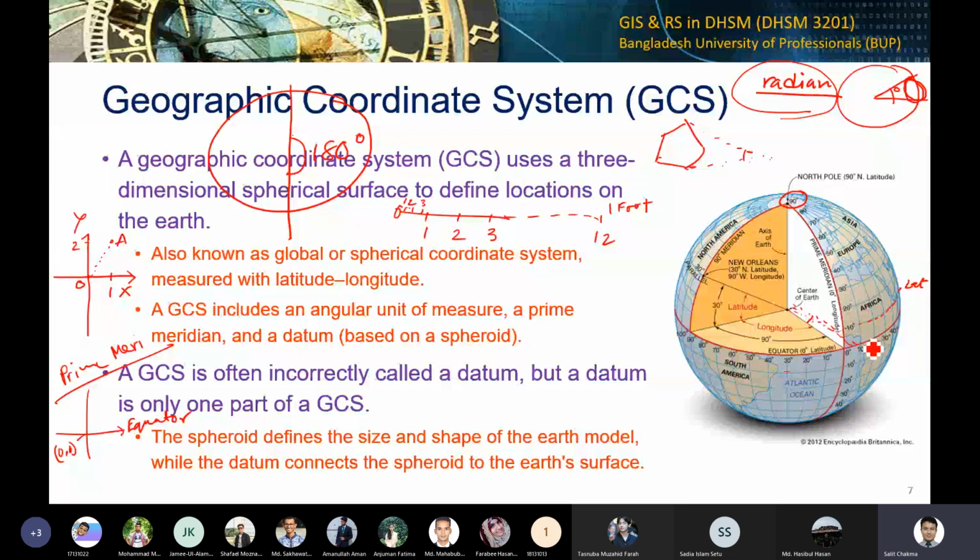The meridians are going along with the equator, and at this line, this is 40 degrees longitude. So wherever you go along this meridian, everything is 40 degrees longitude. Okay, because it creates a 40-degree angle along with the equator. Do you understand? From this center it creates a 40-degree angle. So along this line, any value is 40-degree longitude. On the other hand, along this parallel line, any value is 10-degree latitude.